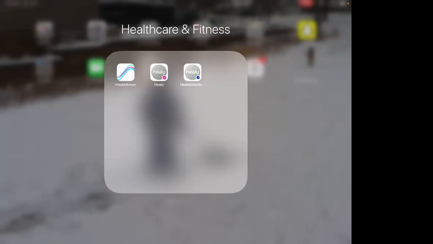So you can see I've got Pink Dot and Blue Dot, which are the apps that drive our Healy. And then you've got this other app over here called Heal Advisor. In Healy 1.0, which is going away because next month we're going to be in Healy 2.0, Heal Advisor was an application that you got on a subscription.